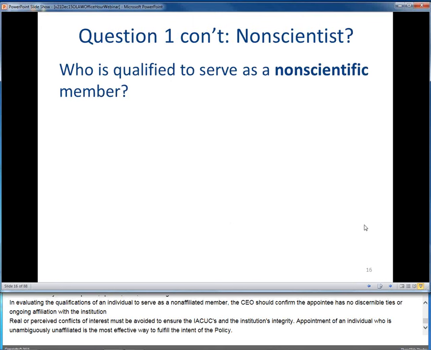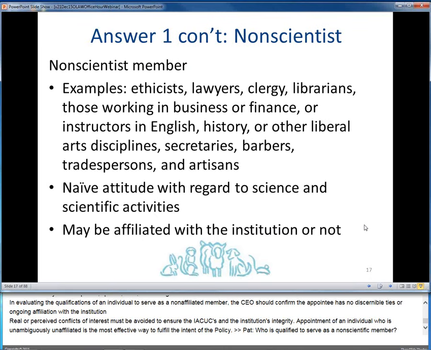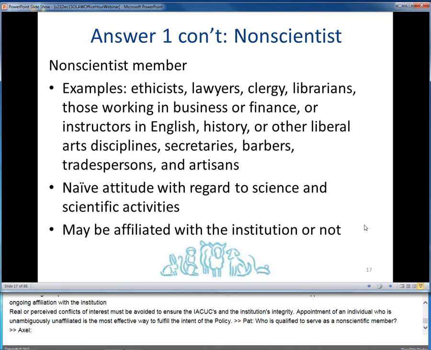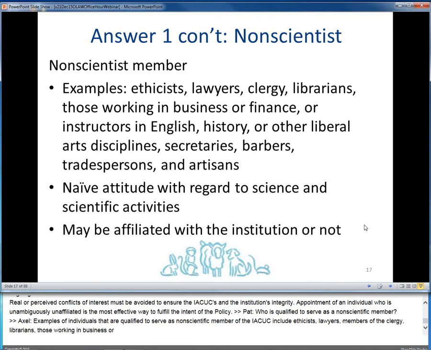Who is qualified to serve as a non-scientific member? Examples of individuals that are qualified to serve as non-scientist members of the IACUC include ethicists, lawyers, members of the clergy, librarians, those working in business or finance, instructors in English, history, or other liberal arts disciplines, secretaries, barbers, tradespersons,